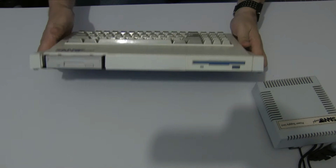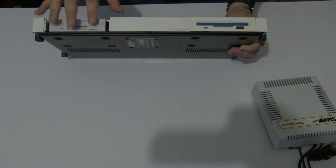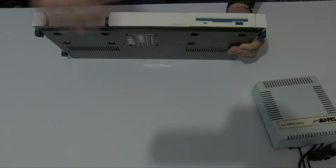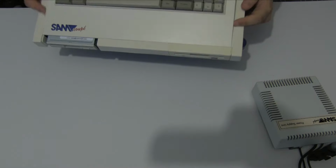As we see at the front here, we have 2 bays. Now this is an aftermarket one because my actual official Sam Coupe disk drive doesn't work. But these are 2 bays, so they accommodate 1 or 2 drives. The